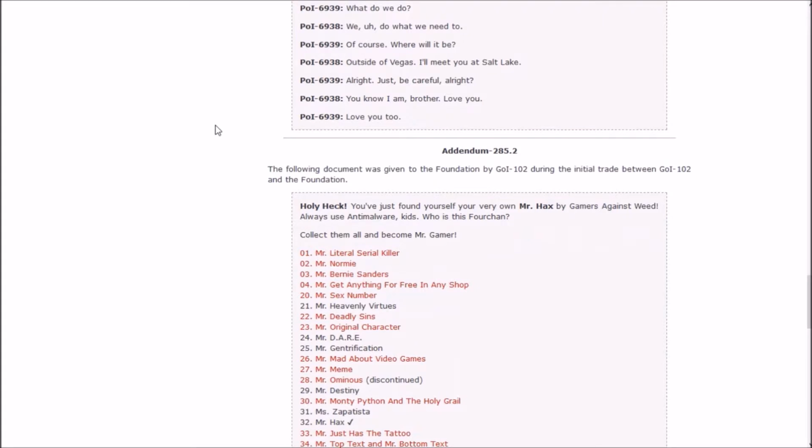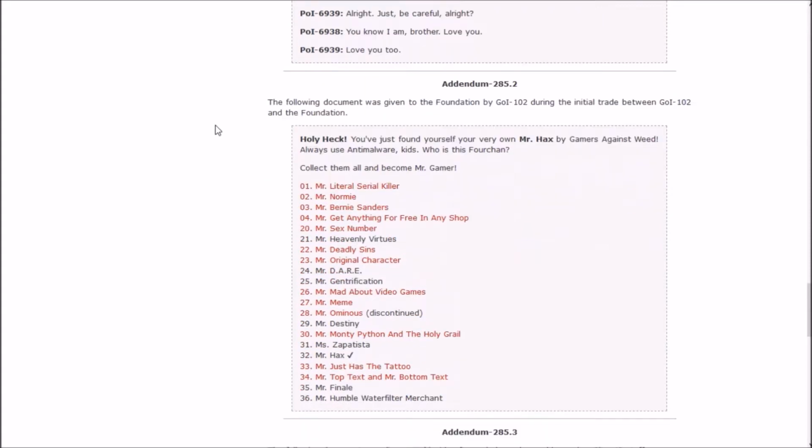The following document was given to the Foundation by GOI 102 during the initial trade between 102 and the Foundation. Holy heck! You just found yourself your very own Mr. Hacks by Gamers Against Weed. Always use